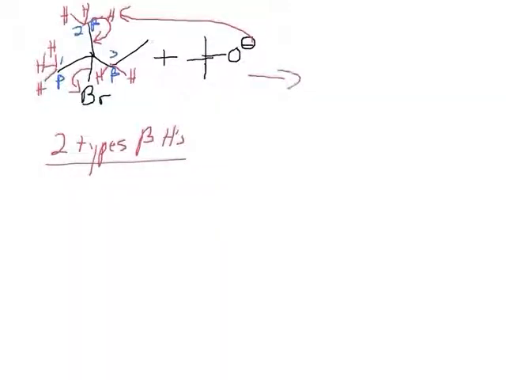But if you didn't have a bulky base there, would it attack? If I didn't have a bulky base, no. Then it would attack carbon 3 H's, the beta hydrogens on carbon 3, and form the more substituted alkene. Yeah, so if you don't have a tertiary alkyl halide and a tertiary base, you can't get this to work. You absolutely need both things. So in this case, you'll get this product plus Br minus